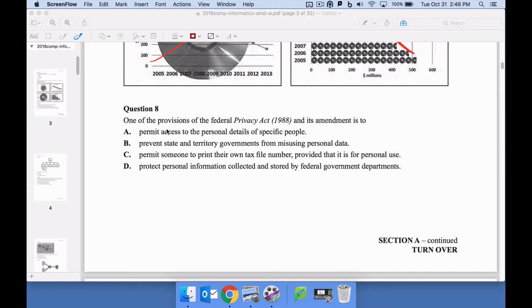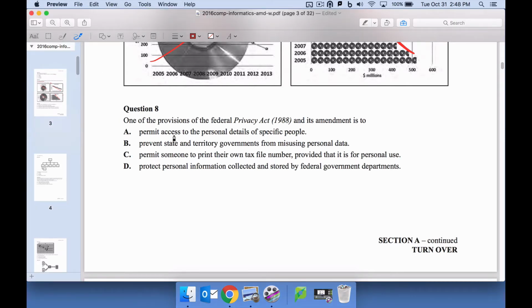Question 8. One of the provisions of the Federal Privacy Act 1988 and its amendment is to what? Permit access to the personal details of specific people? No. Prevent state and territory governments from misusing personal data? Maybe. Let's just keep that there for a second, because if we can recall that Privacy Act 1988 is to do with governments,